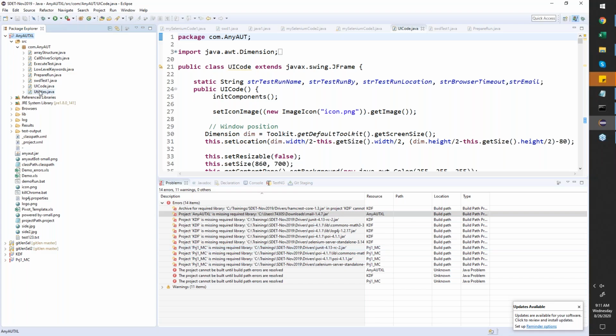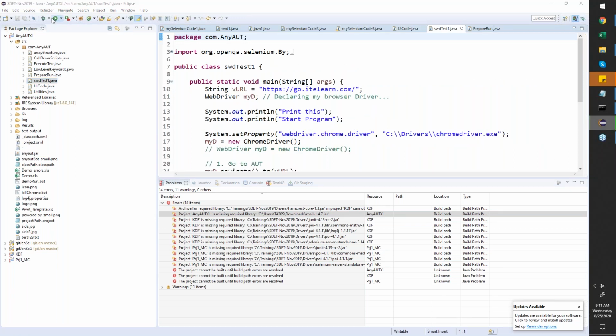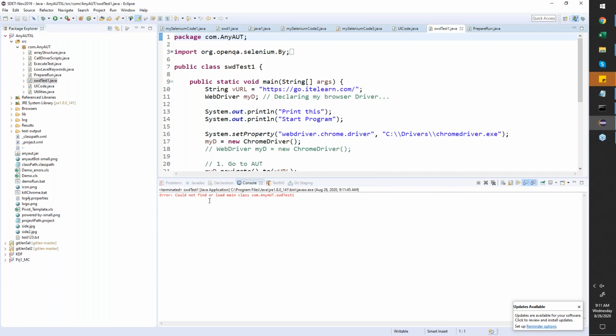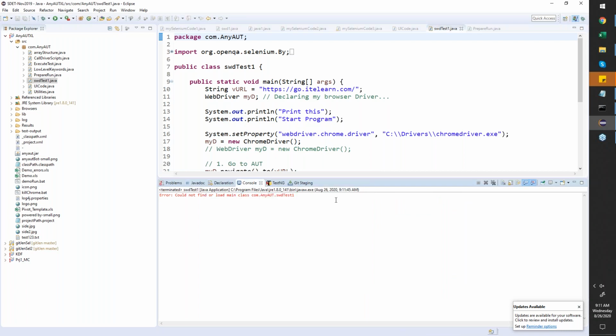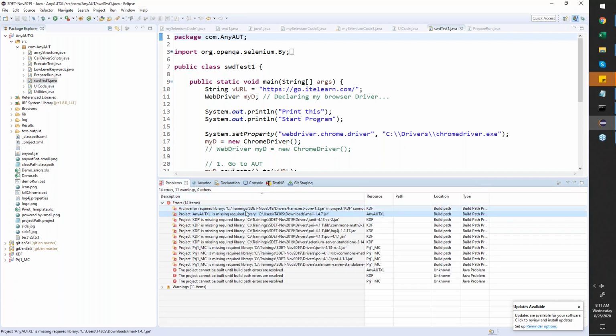I took the code and put it in here. When trying to run any test, it says there's an error in the project and it cannot load the main class. The reason, when I go to the problems, is that there are 14 overall across different projects, and for my AnyAUT.xls there are 2 problems. Project cannot be built until build path errors are resolved. The main error,